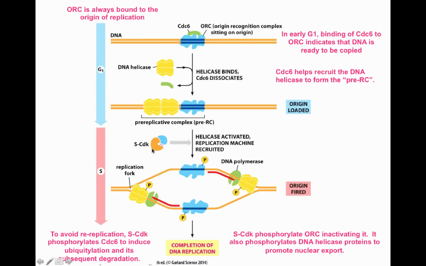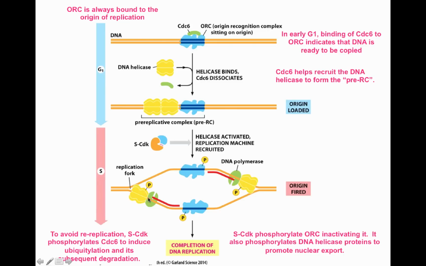Also, that is going to phosphorylate CDC6, which, now phosphorylated, will be targeted for degradation, and therefore can no longer bind to ORC and recruit more helicase. At the end, what you have is that the phosphorylation of the ORC is going to prevent it from being bound by